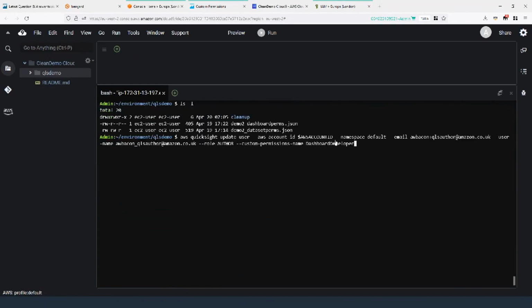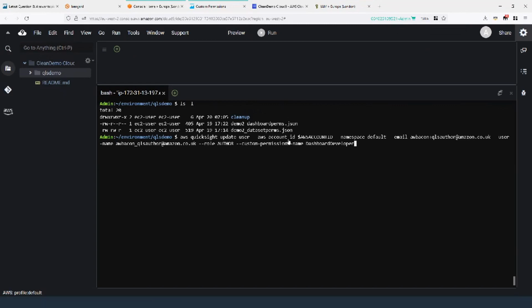So I've pasted this in. Hopefully that's a good resolution. You can see that. So we've got the CLI command here. This is the AWS QuickSight command line interface. So what we're going to do is call the AWS QuickSight update-user command,